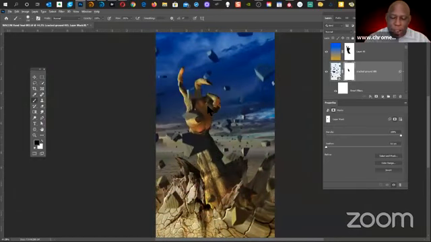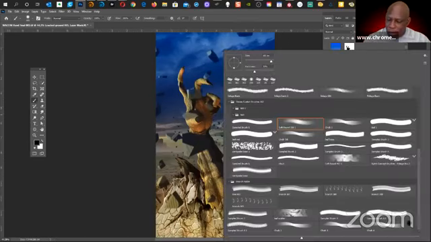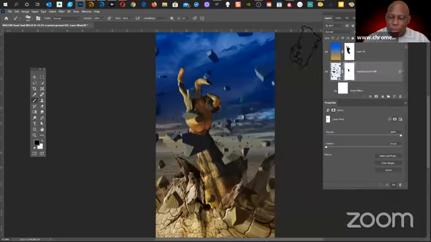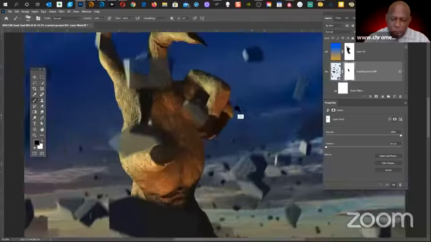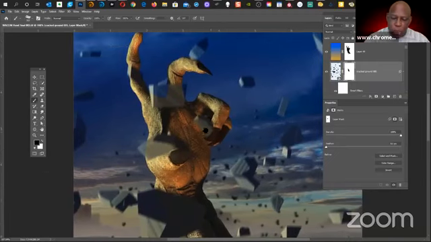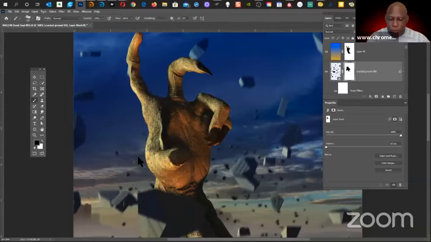But I like my nice little chalk brush here, where I've got tilt. So I'm kind of, for lack of a better term, rotating the brush, painting with black, getting in close. I don't want that brick there, paint it out. I don't want that brick there, paint it out. I don't want that brick here, paint it out. I'll leave this brick down here. I like that one.